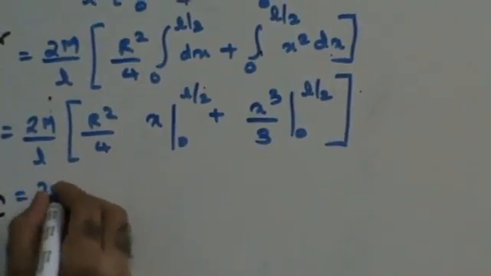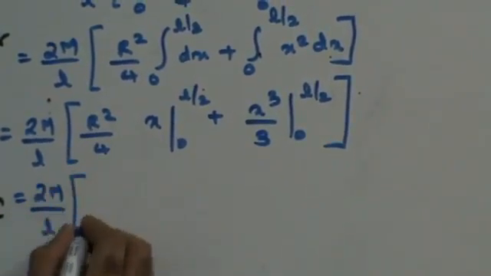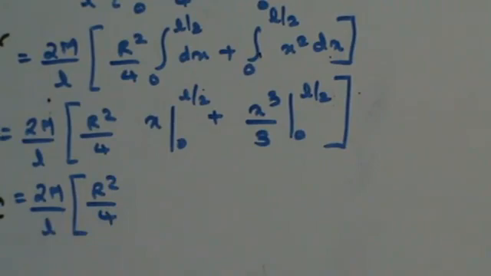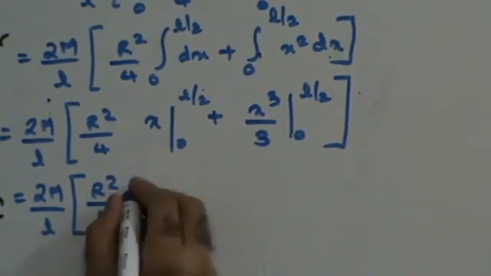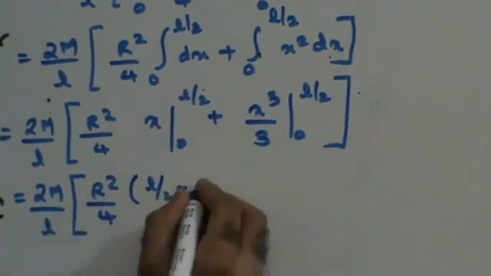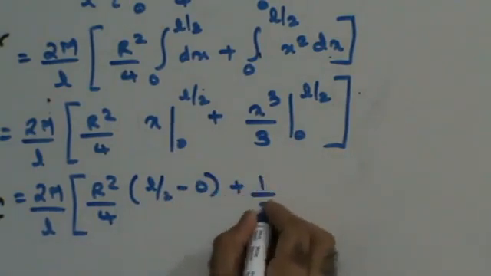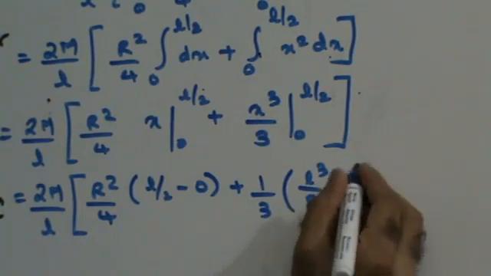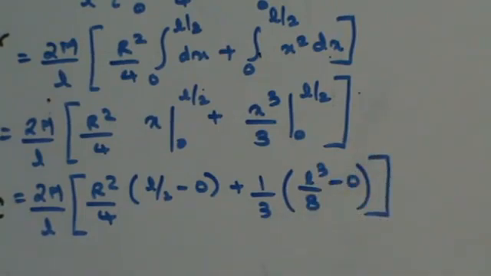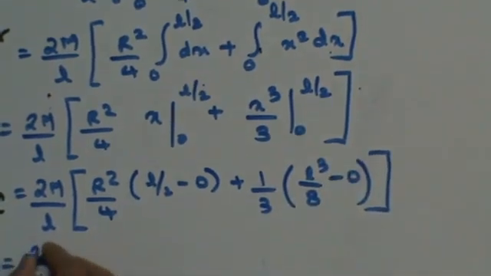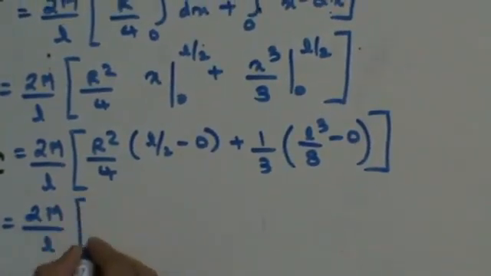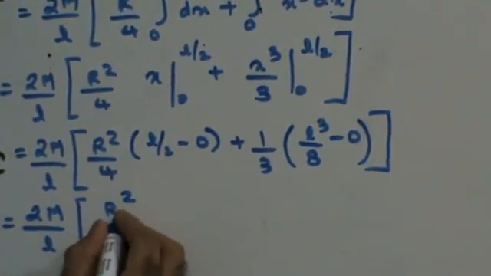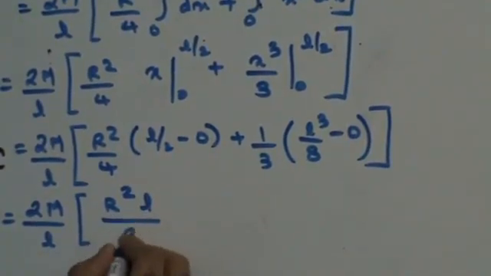This is 2m by L r square by 4. How do you solve the limits? Upper limit minus lower limit. So this is L by 2 minus 0 plus 1 by 3 L cube by 8 minus 0. Right? So in that case you will get 2m by L r square L by 8